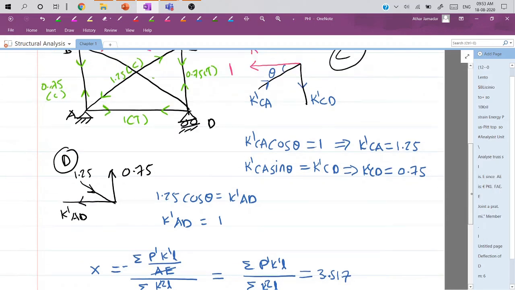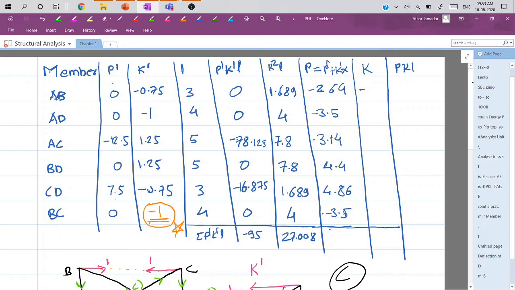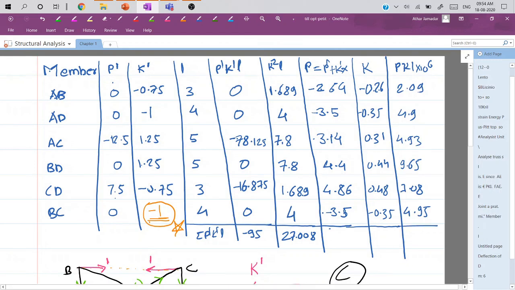Okay, so now here by dividing each column by 10, I will first write down here values of k, and now pkl by ae. So I will calculate this in Newton and mm and write down values. So pkl into 10 raised to 6, that means whichever p is given into 10 raised to 3, k as it is, and L is given in meter, so that will be converted in mm. So I will directly write down here values of pkl, and if I take summation of pkl, it is going to be 33.6 into 10 raised to 6.